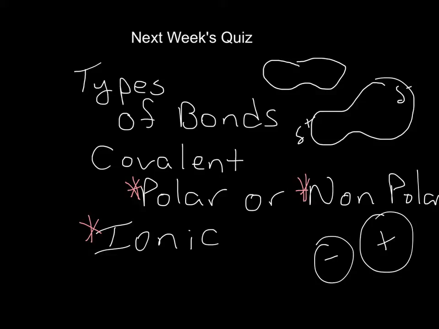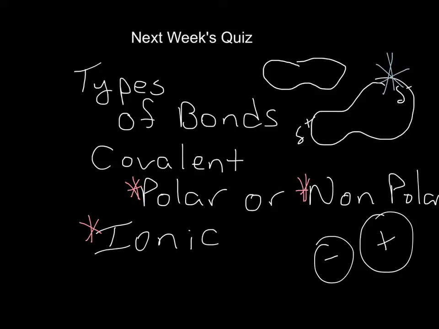Now, it's not important for the purposes of this class that you understand that a particular atom is more electronegative than another. What is important is that you grasp the concept that when an atom is more electronegative or stronger, you get this kind of polarity,